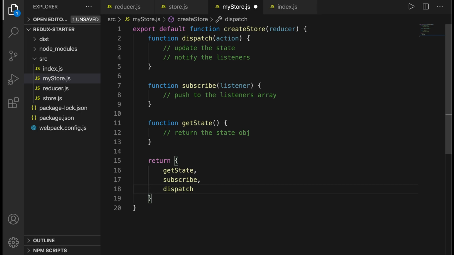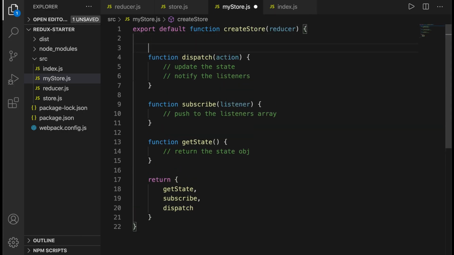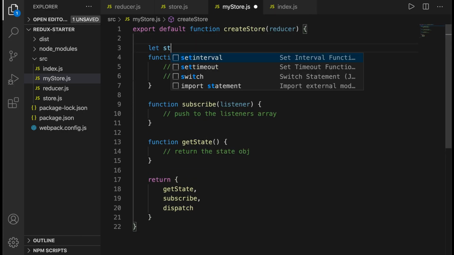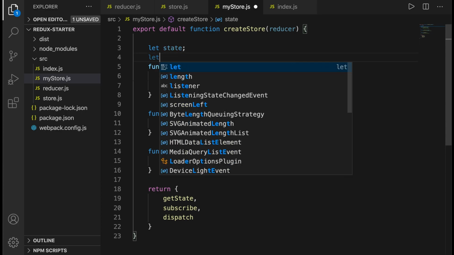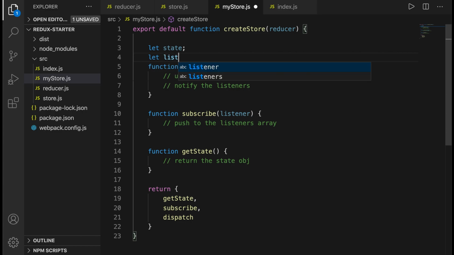Awesome. So we have a basic structure in place. Let us now implement all these functions one by one. So we need a state property, and this will contain the complete state of our application. And then we also need to maintain a listeners array. Great.